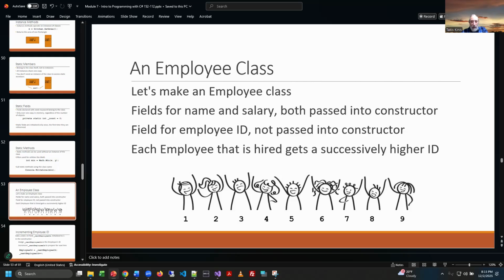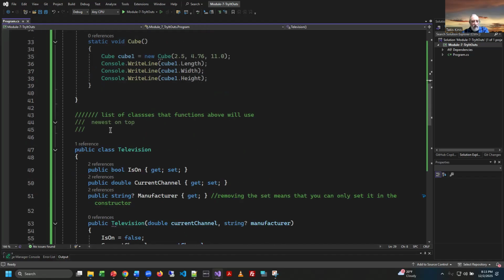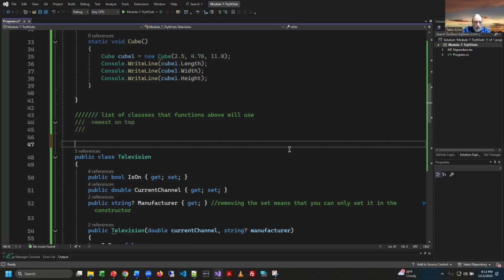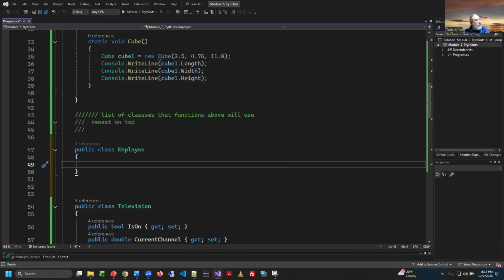So let's go ahead and build the class structure first. And so what I'm going to do is come down to the bottom here where I have my classes, and above television, I'm going to build this. So I'm just going to say public class employee. And yes, I will share if you guys want to hold off on the typing. I'm going to build